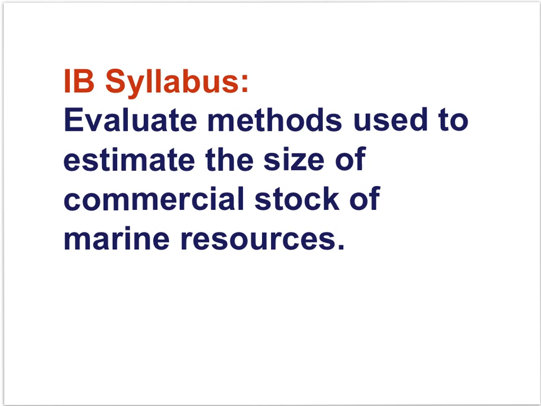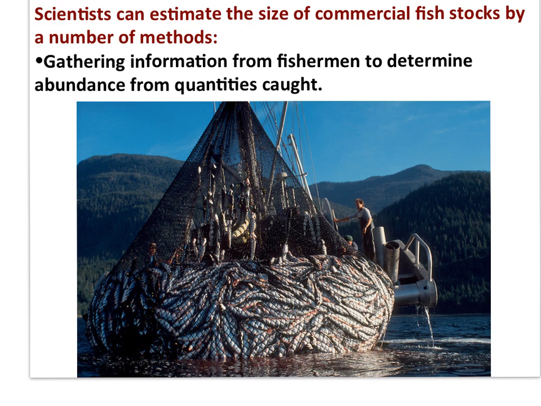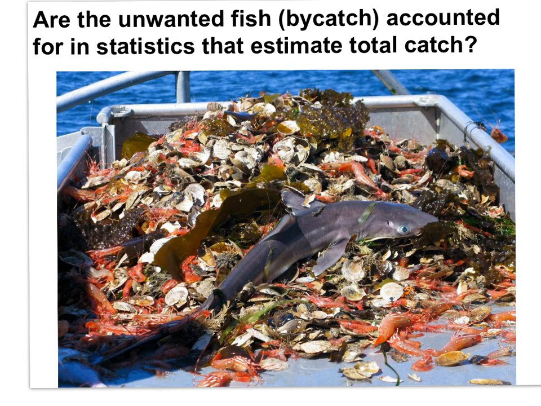And that brings us to the next IB syllabus statement: evaluate methods used to estimate the size of commercial stock of marine resources. How do we know the size of commercial stock of marine resources? Scientists can estimate the size of commercial fish stocks by gathering information from fishermen to determine the abundance from quantities caught. However, are the fish caught by small-scale fishermen accounted for in the statistics that estimate the total ocean catch? Are the unwanted fish, the bycatch, as they've come to be known, are they accounted for in statistics that estimate